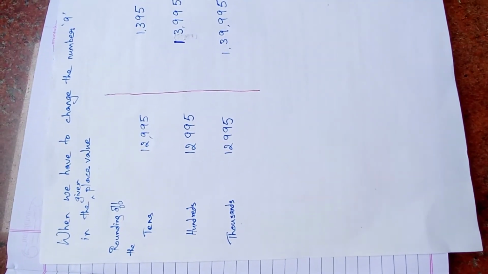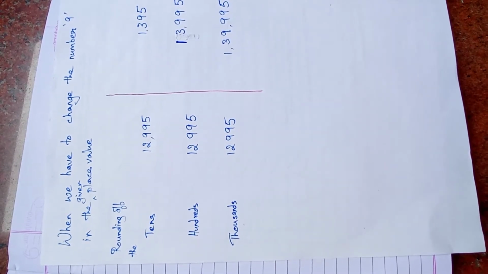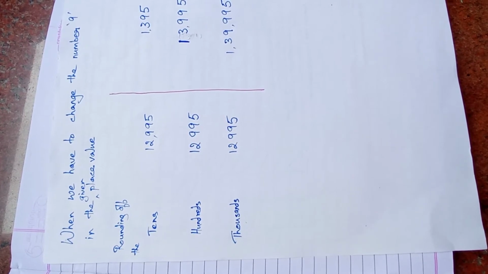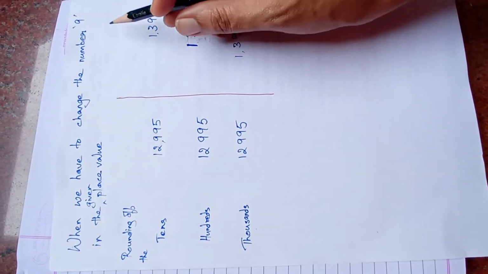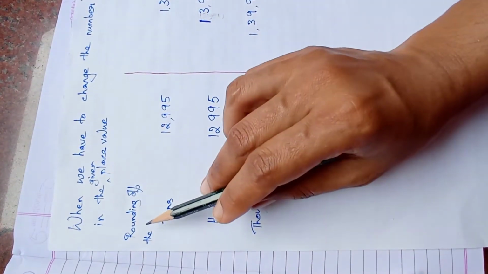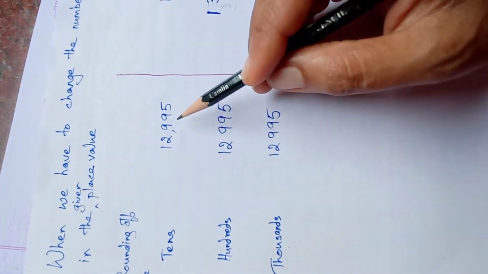Hello, children. Yesterday you learned the rounding of numbers. Today we are going to learn what happens when there is a small twist of the number 9 coming in the given place value. Okay, like when you are rounding off the tens in the number